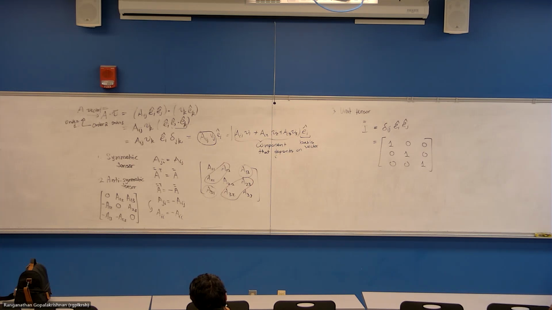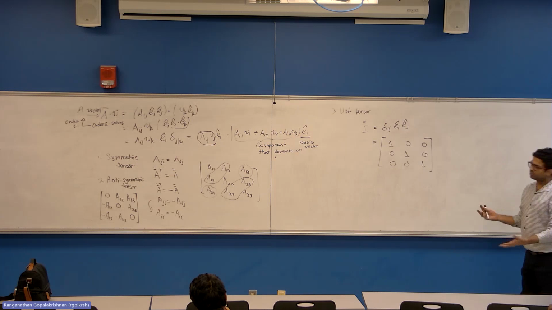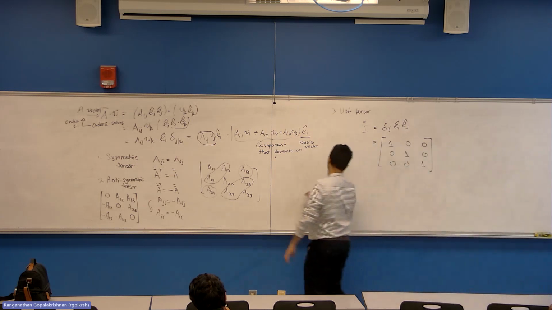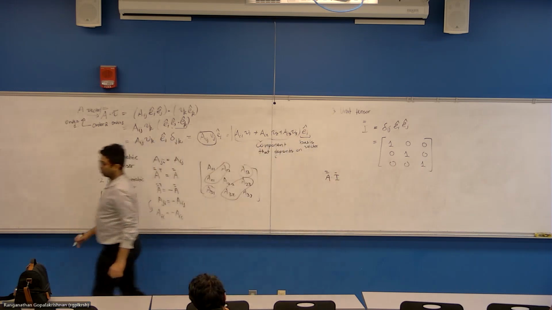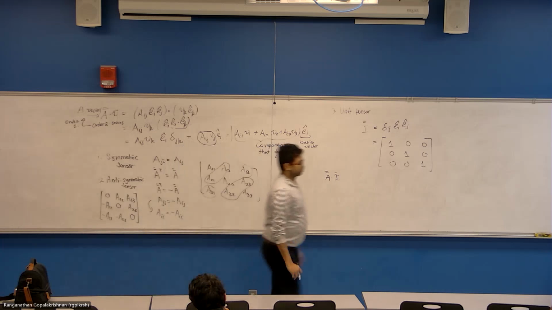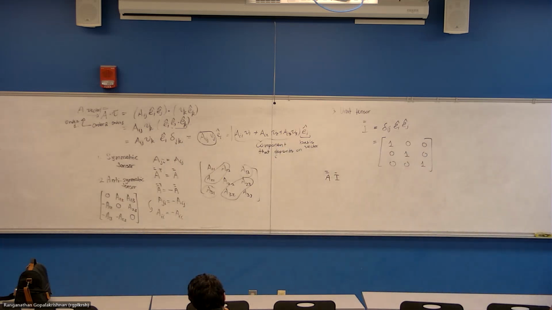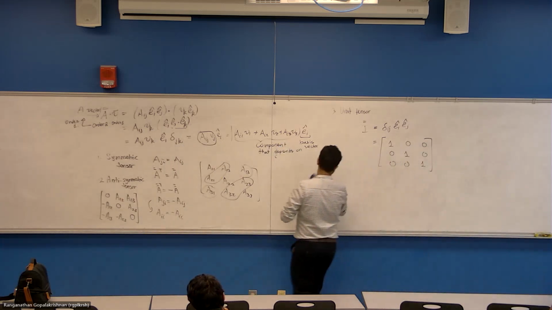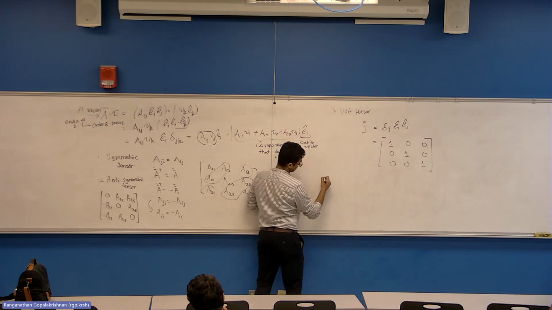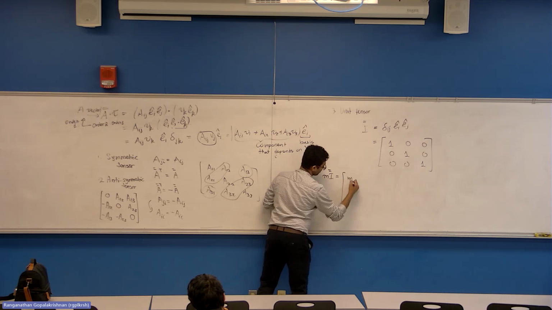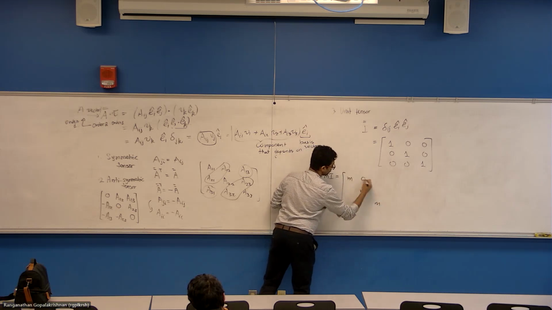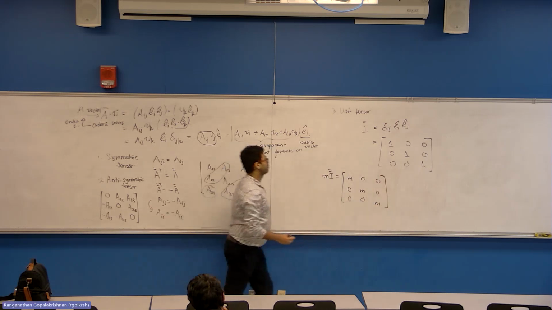The unit tensor has the obvious property that if you take any quantity, let's say for example a scalar dot I, or if you take a vector